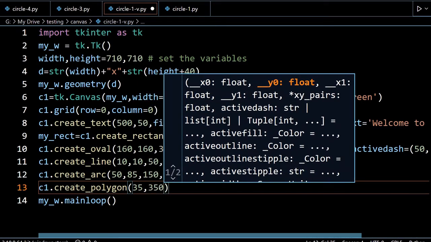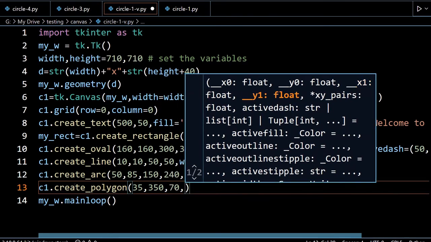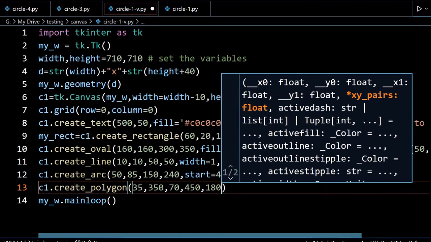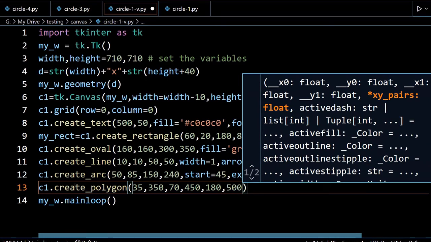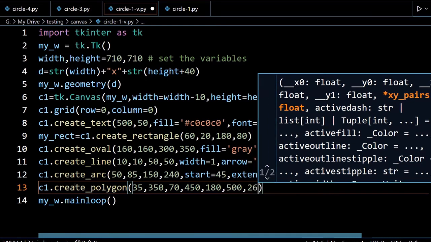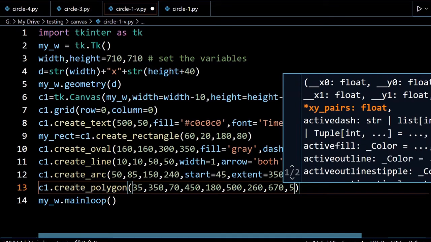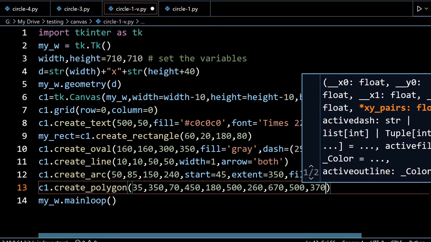Now the second point is 70 and 450. Now the third point, 180 and 500. This is the y point. First one is x, y, x, y, like that I am going. Now let's say 260 and 670. Now 500 again and 370. So there are 1, 2, 3, 4, 5 points I have given.